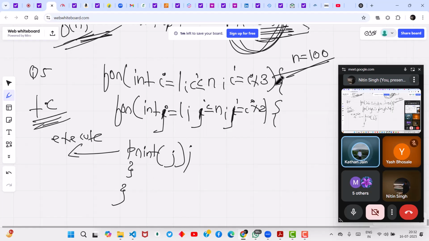सर टाइम कॉम्प्लेक्सिटी इसकी बिग ऑफ एन. बिग ऑफ एन, फिर से सोच लो ध्यान से, नंबर ऑफ आइट्रेशंस काउंट करो, कितनी वैल्यूज प्रिंट हो रही है वो काउंट करो, ऐसे रैंडमली गेस मत करो कथन, टेक योर टाइम। एन नहीं होगी, क्योंकि दोनों में से कोई भी लूप एन तक नहीं जा रहा है। इफ एन इज 100 तो दोनों में से कोई भी लूप 100 टाइम्स नहीं चल रहा है। प्लीज ध्यान से देखो।